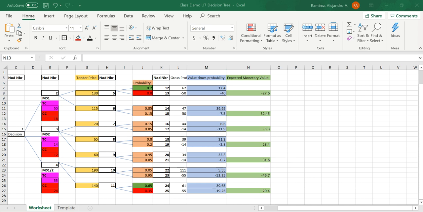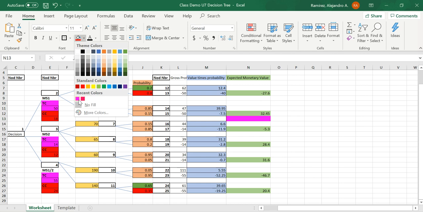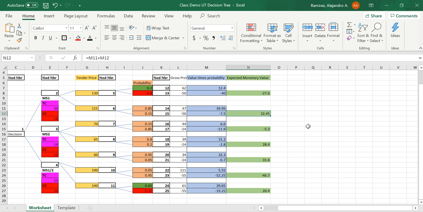So when we look at this one, we have to look at which one has the highest expected monetary value. It means which one has the highest likelihood of winning, plus the highest profit. So when we look at this one, what we can say is the best one will be, well, I'm just going to highlight this, 32.45. Now in this way you can say, Professor, this is the best option because it's the most